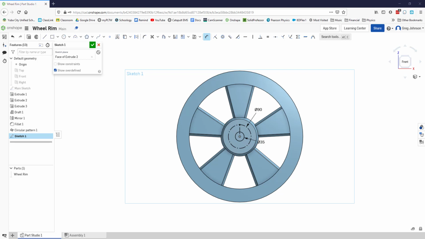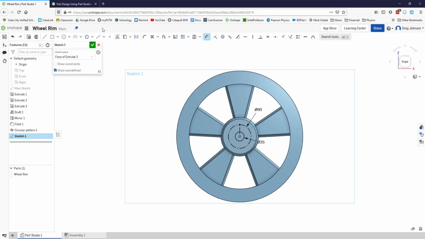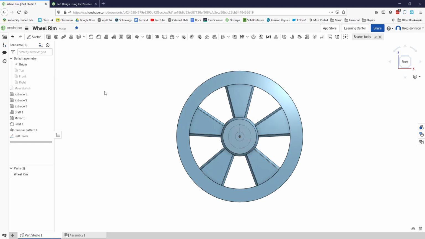So let's bring the instructions back into our window. We're supposed to name it bolt circle and then accept it. So let's rename it bolt circle and then accept it. All right, next